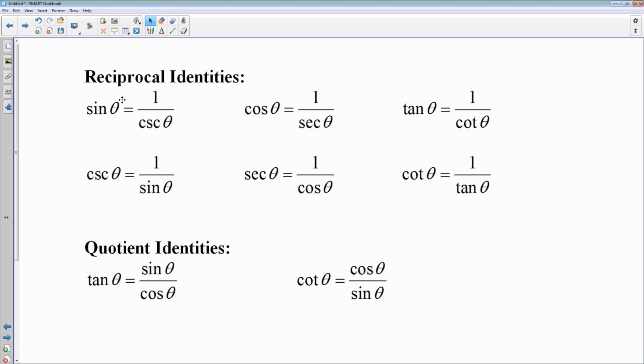These are nothing new. Sine equals 1 over cosecant, cotangent equals cosine over sine. These are identities that we have already been using. They're the basic reciprocal and quotient identities. So you need to remember those. In addition to those, we have some new identities, just some other properties of trig functions we are going to